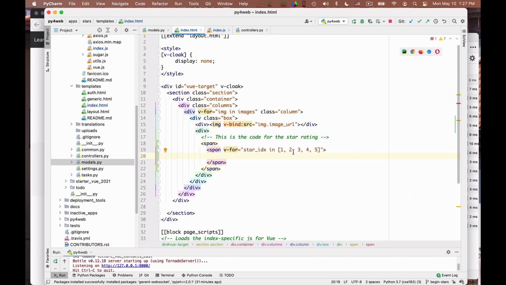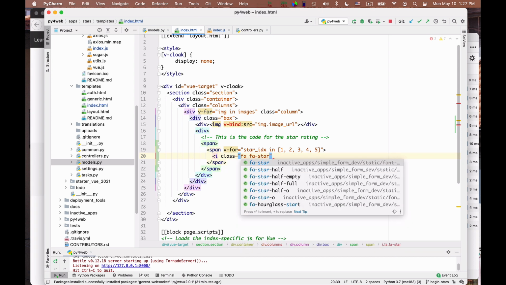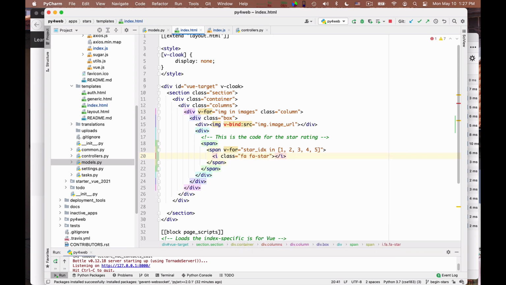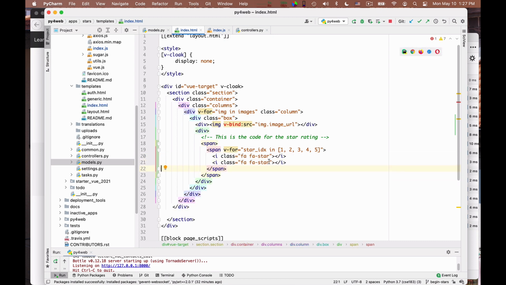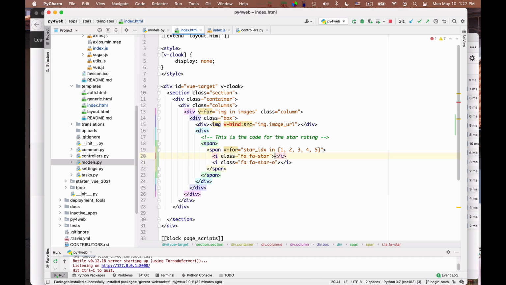And so to say that, I simply say here is an icon, class is equal to fa fa-star. Okay, so this is a full star, and, sorry, I just copied twice, and this is the empty star. Okay, and so I have to put out one or the other depending on whether the index is smaller than the number of stars to display.